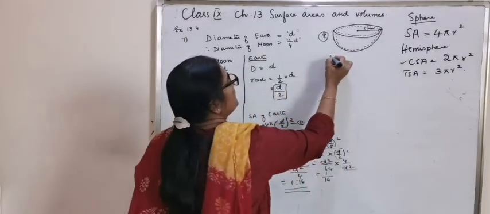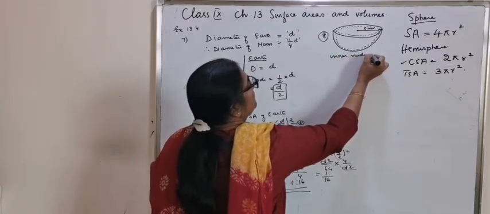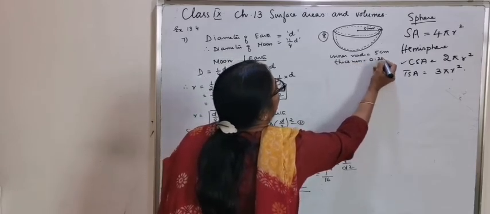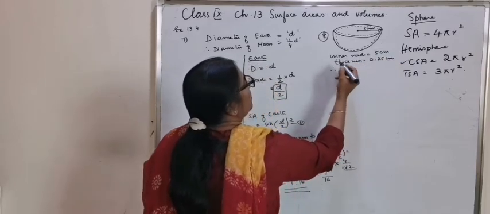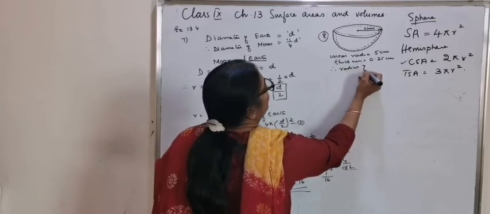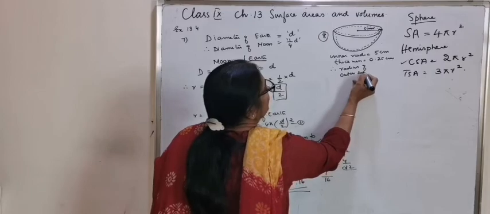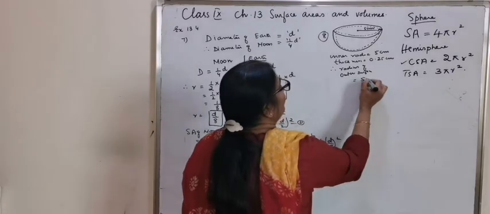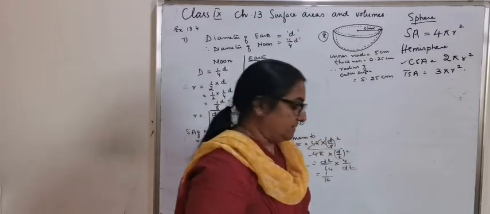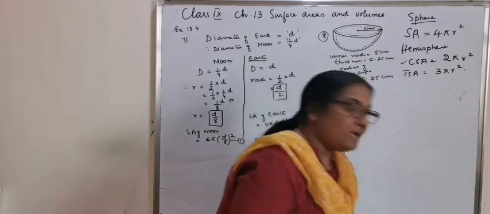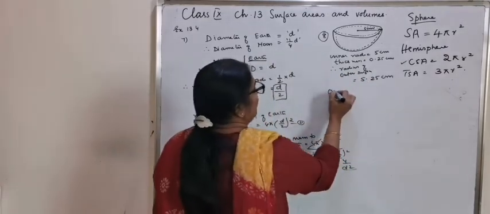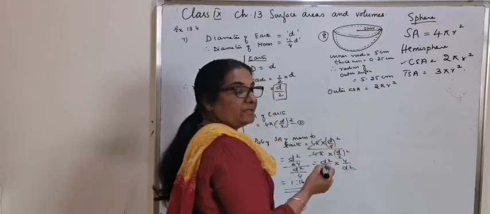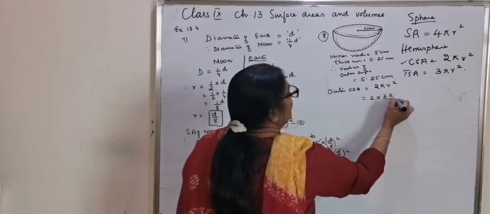The inner radius is given as 5 centimeter, and the thickness is 0.25 centimeter. Therefore, what will be the radius of the outer surface? The outer radius will be a total of 5 and 0.25, which is equal to 5.25 centimeter. Now, they are asking you to find the outer curved surface area. Outer curved surface area, it's a hemisphere, is 2 pi r square, which is equal to 2 into